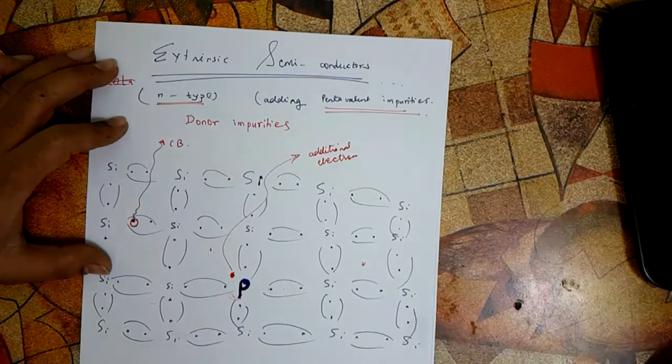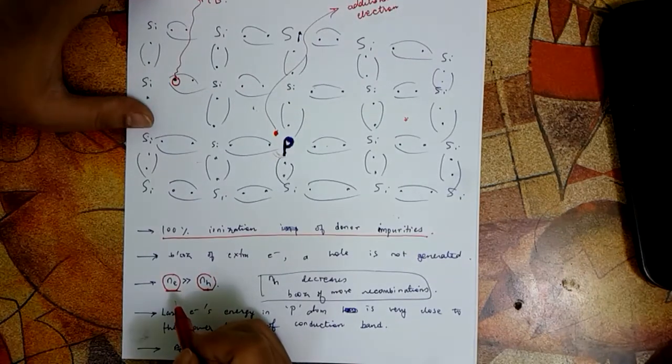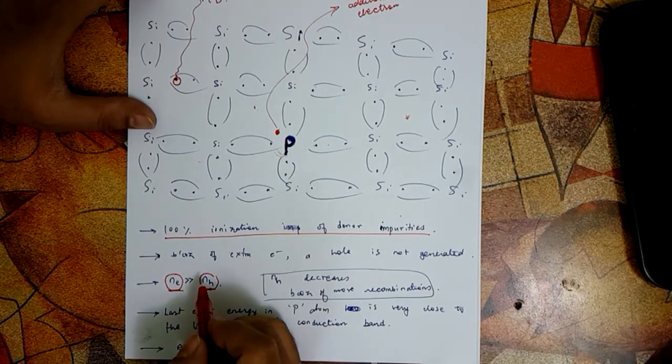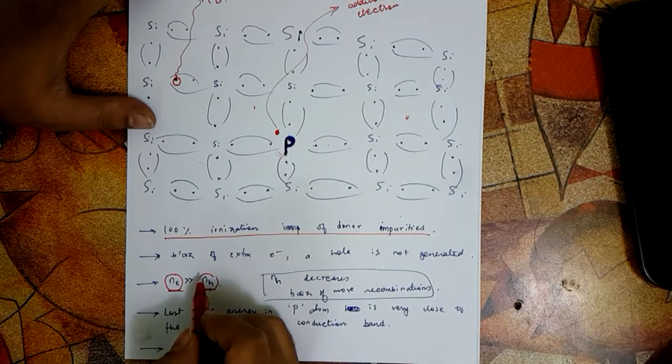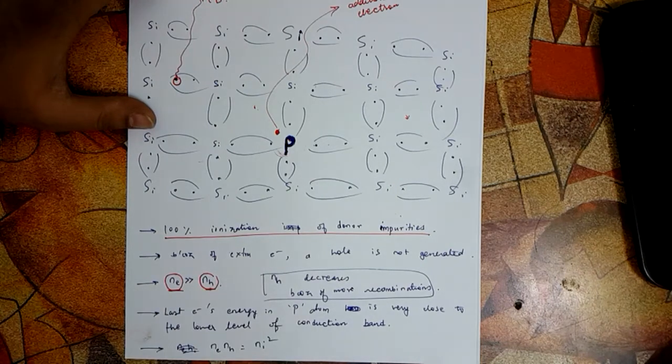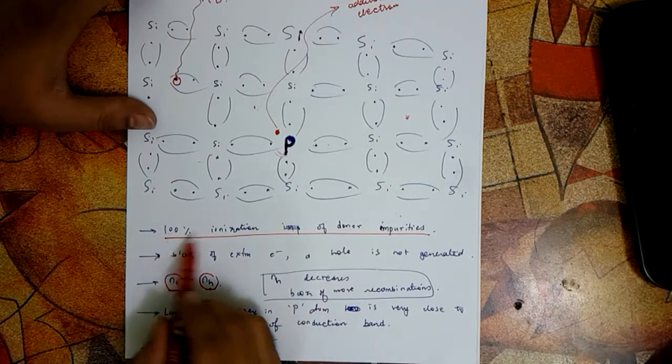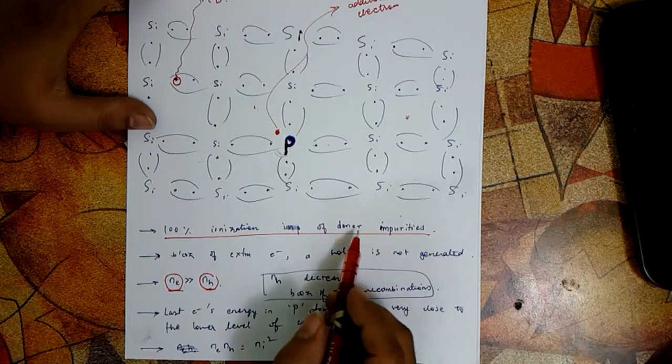And that's why we say that most of the conduction is done by the electrons because they are the majority in number, and less conduction is done by holes. So we say that the majority charge carriers are... yeah. So as I was explaining, this 100% ionization of impurity ions,